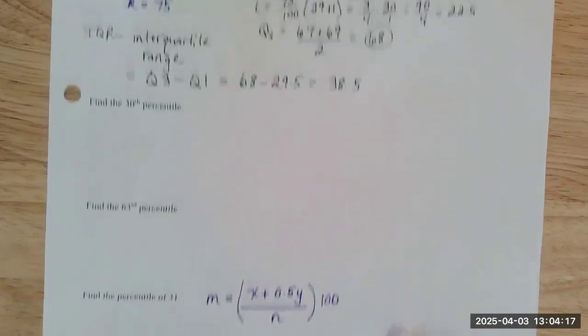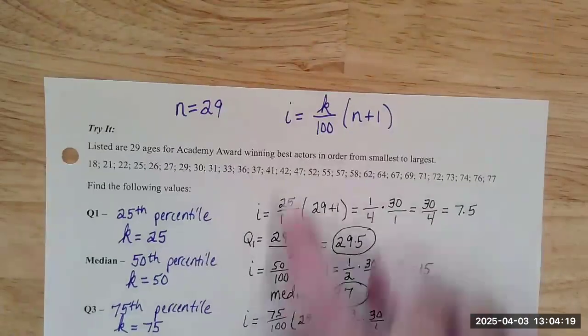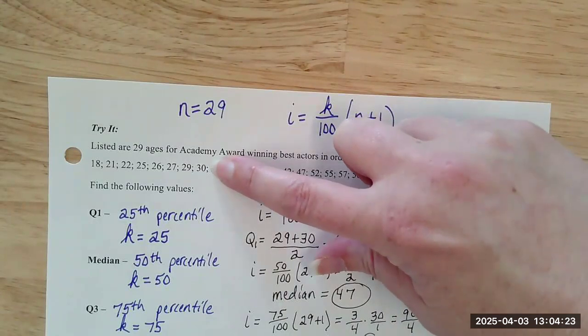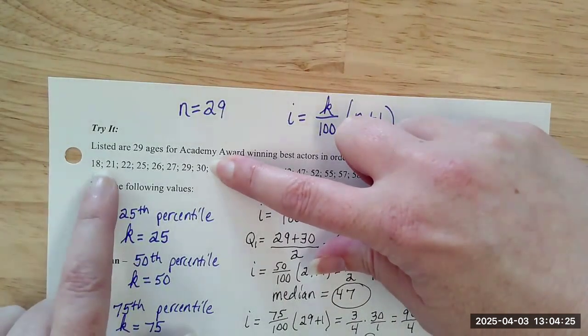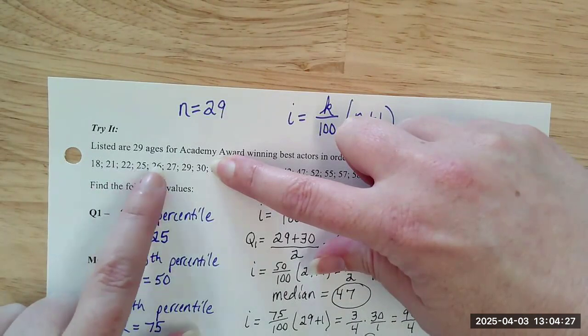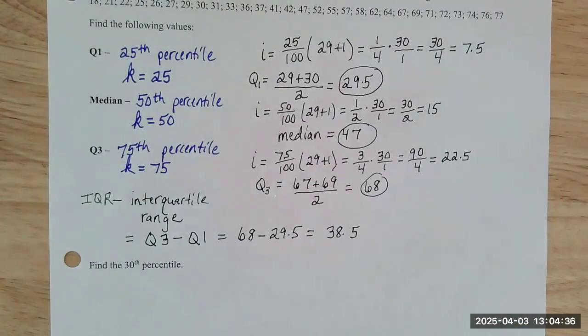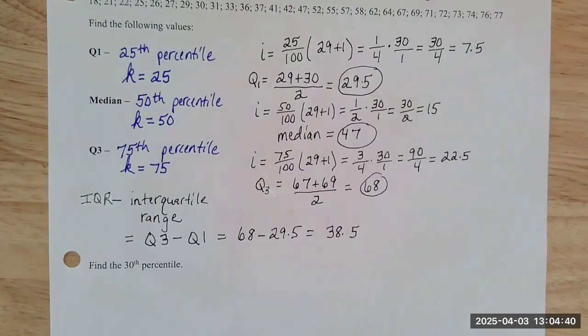So I'm going to go back to our list and count the number of data values that are below 31. Here's 31. So I'm going to cover it up because I don't want to include that one. I have 1, 2, 3, 4, 5, 6, 7, 8. 8 of those numbers are below 31. So that's the x. So in our formula, 8 plus